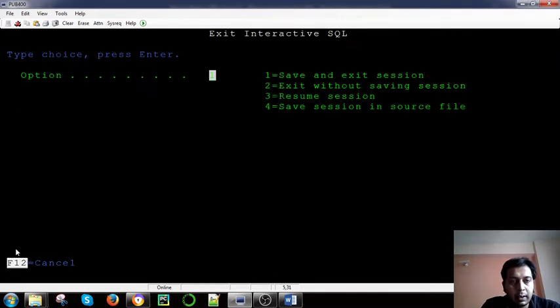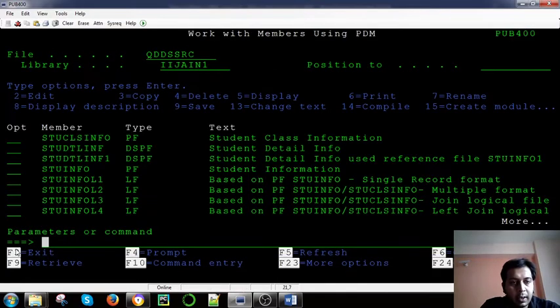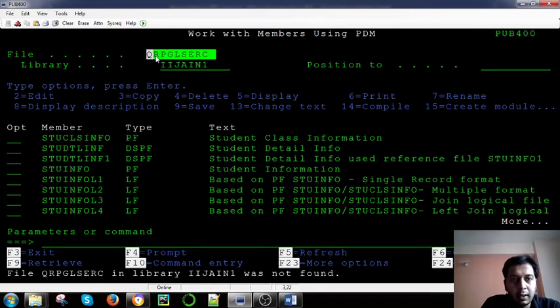Okay, so this is the join. This join is the same as the join logical file. For example, we have created this query here in QRPGLESRC, right?